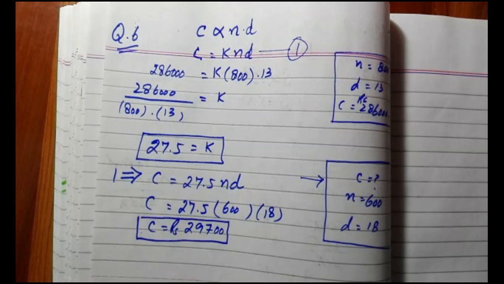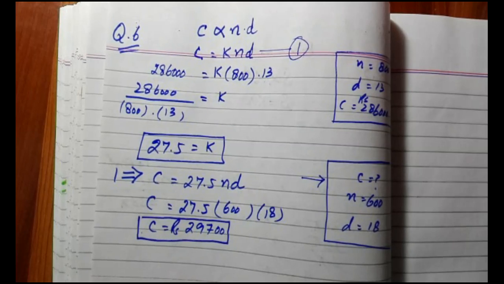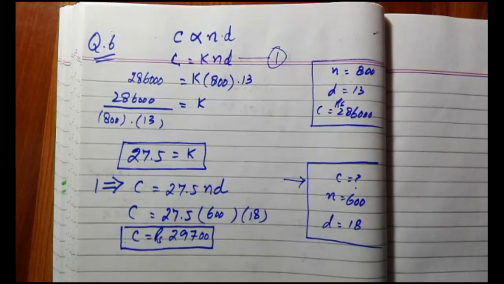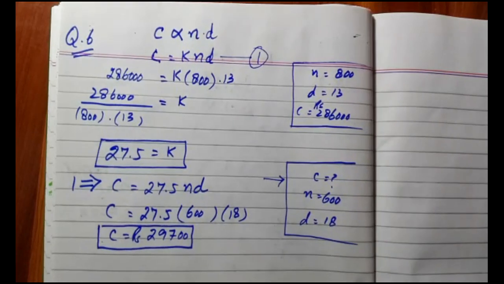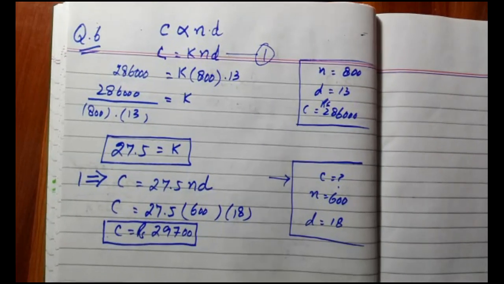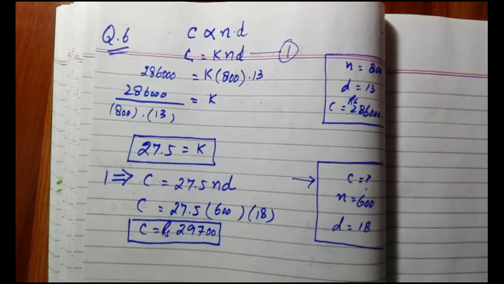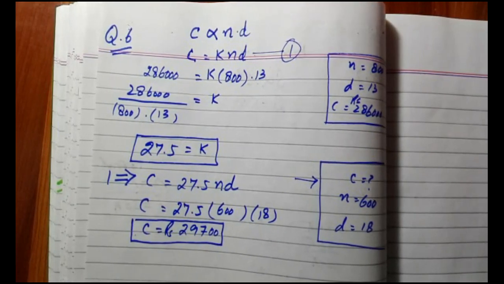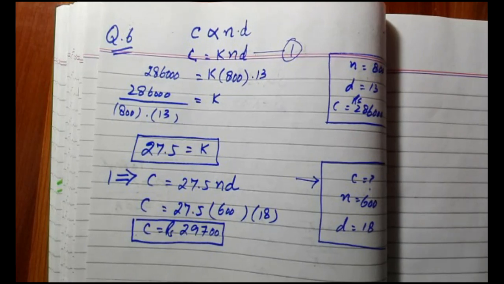My point of view is that the important part of these questions is the reading of the statement of the question. If you are clear about the statement, if you know very well the meaning of the statement, then you can clearly develop the equation, and then you can put the given values into the formula or into the relation to derive the value of k.